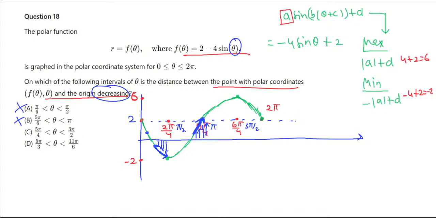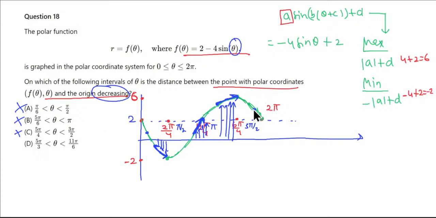Likewise, let's work on C. C is saying that 5 pi over 4 to 3 pi over 2. 3 pi over 2 is right here. Same situation. If I'm going towards 3 pi over 2, the height from the x-axis is increasing, right? So that won't work. It has to be D, which is going from 5 pi over 3 to 11 pi